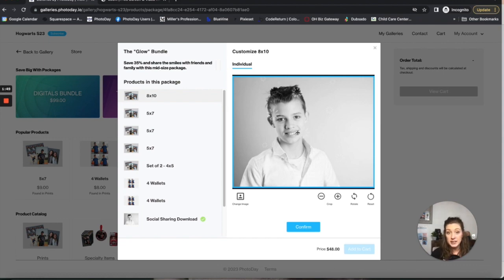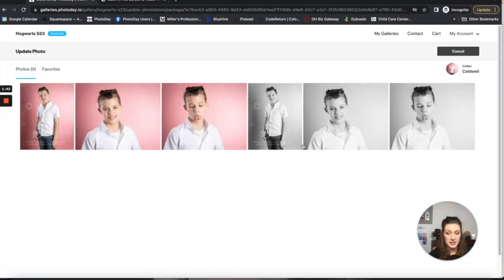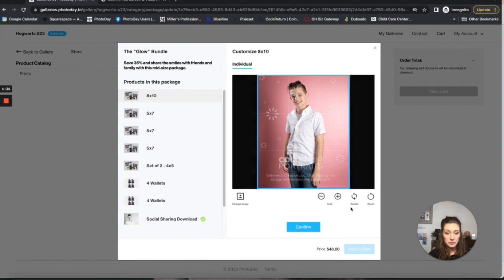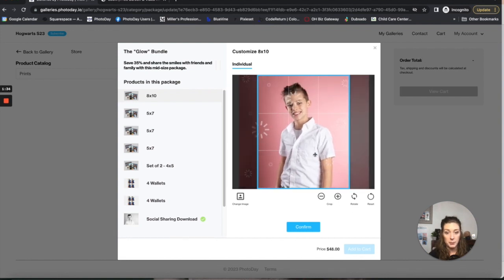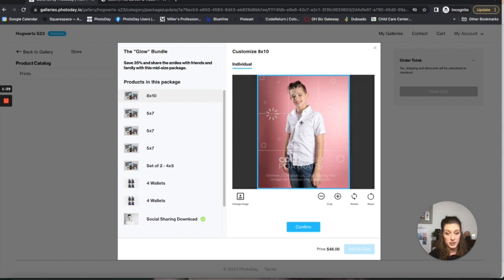If you decide you want a different one, that's okay. Go ahead. Right here, this button says change image. It will take you back to this gallery, and maybe you say I really like this vertical image. Select photo. You can crop in, crop out. If you don't like the way that I have cropped it, you can make whatever adjustments you like and then